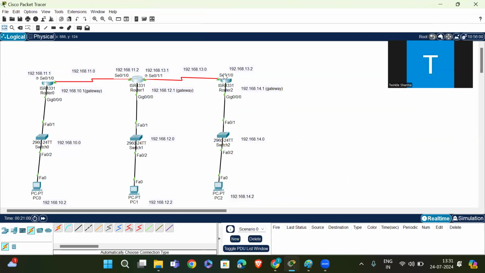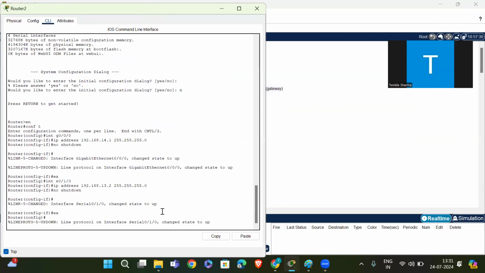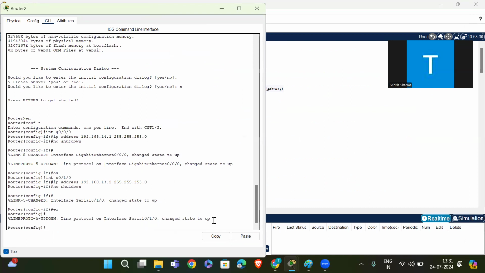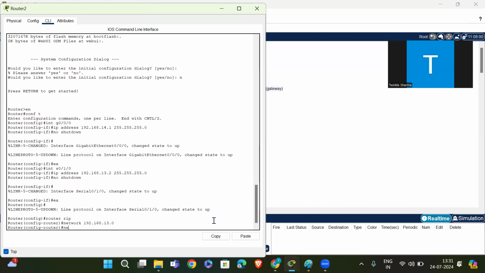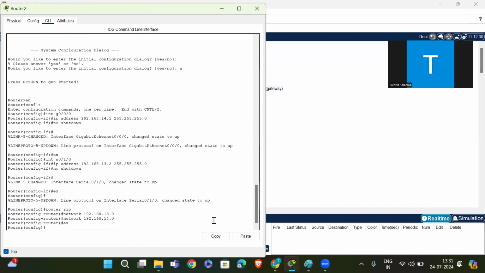Then we will give the networks on router 3. Router rip, network 192.168.13.0, network 192.168.14.0, exit.